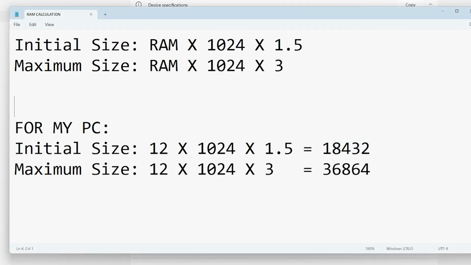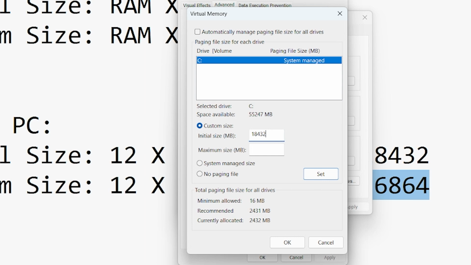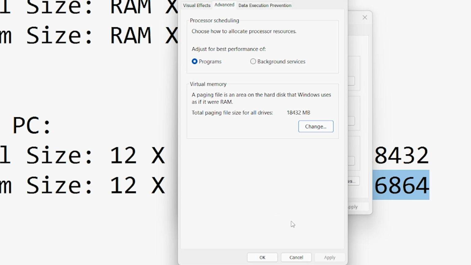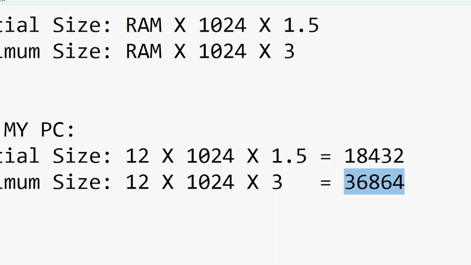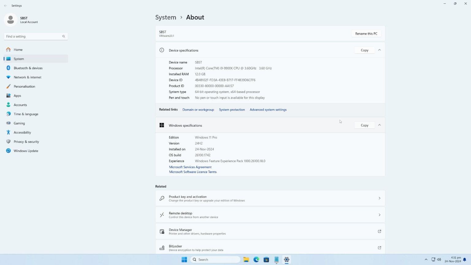And on maximum size, RAM multiplied by 1024 and multiplied by 3. So this is my RAM, 12, and I will copy this and paste it here, and you can just click on set, OK, OK and OK. After this you need to restart your PC and this process has been done.